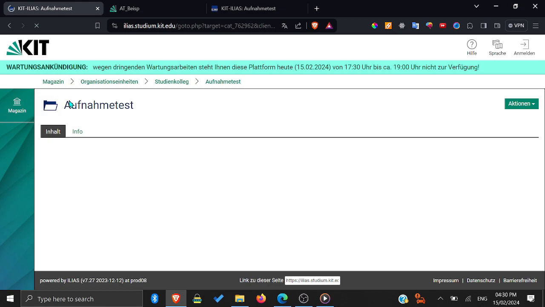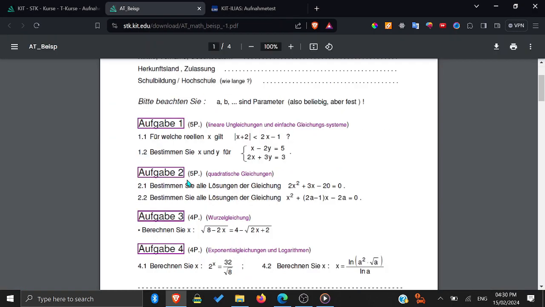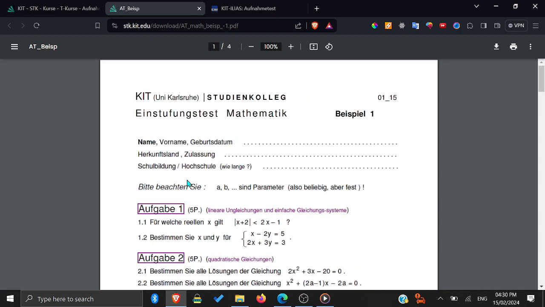I think you need to have an account here, but you can make a local account as a guest, and then you can access the Beispielaufgaben. A lot of people see these Beispielaufgaben and they judge the Aufnahmetest by them. These are really old, let me tell you, and way too easy for Studienkolleg KIT's Aufnahmetest. The actual questions will be much harder than this, but this is also a good place to start because